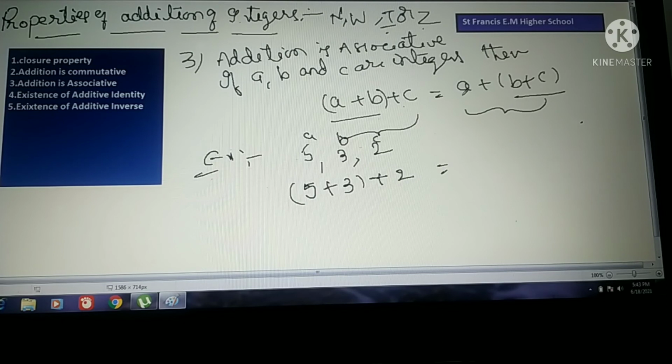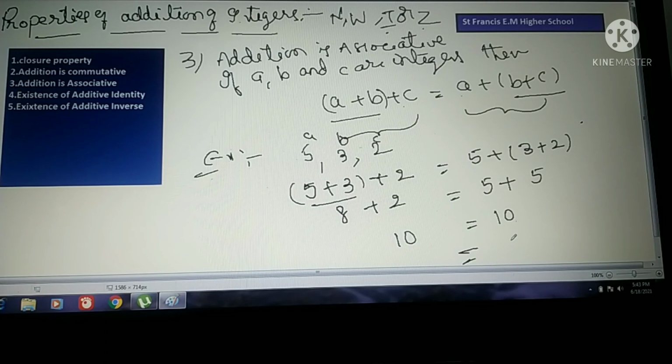Now, again see this one. In place of a, what is the number I have taken here? 5. Plus, in place of b and c, what have I taken here? 3 and 2. So, 3 plus 2. Now, I am adding b plus c. What is the result here? 5 plus, in the brackets, 3 plus 2 is 5. And lastly, what you got here? 5 plus 5, 10. Now see here, 5 plus 3 is how much? 8. 8 plus here 2 as it is. Now 8 plus 2 equal to 10. Both are equal only. That is, addition is associative.